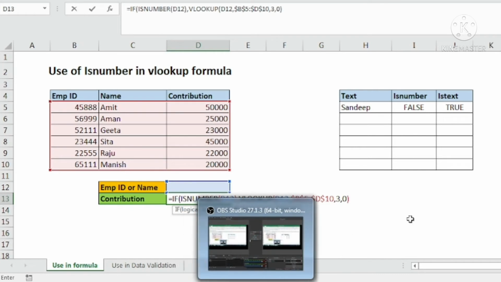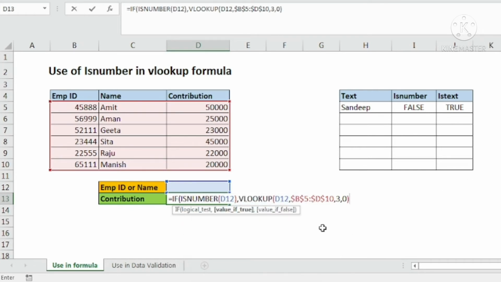Now this VLOOKUP formula I have completed. What I put here: if this condition is true, that means this particular cell has a number, that means this particular cell has the employee ID. The VLOOKUP will look up the value in this particular cell, then go to the data selected from employee ID, because this particular cell will have the employee ID if this condition is true, and then the column index number is 3, and complete the VLOOKUP formula by closing the bracket.